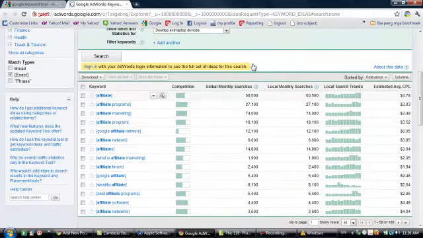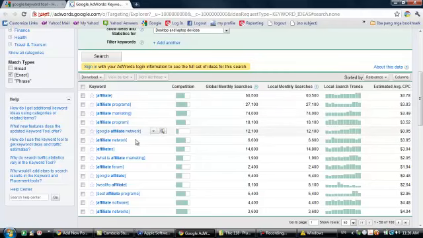If you are a publisher, I suggest that the more competition a keyword has, the better it is for your website, because there would be more advertisers buying the Google AdSense slot in your website. However, if you are an advertiser, I suggest that you choose a keyword that has lower competition, because higher competition means higher cost for you.